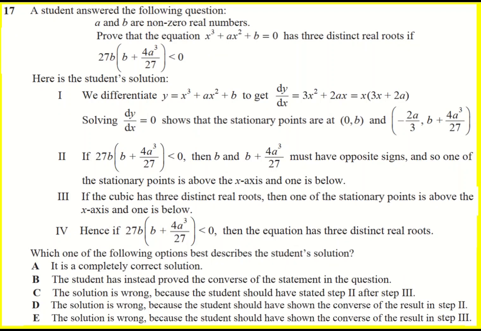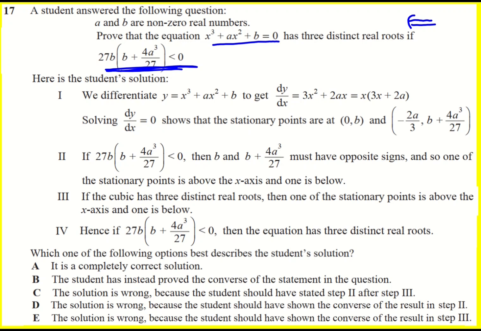Student answered the following question. A and B are non-zero real numbers. Prove that this cubic equation has three distinct real roots if this is true. That "if" means we're going this way. We're starting with this statement, or we're going to be using it at least, and showing that that gives three